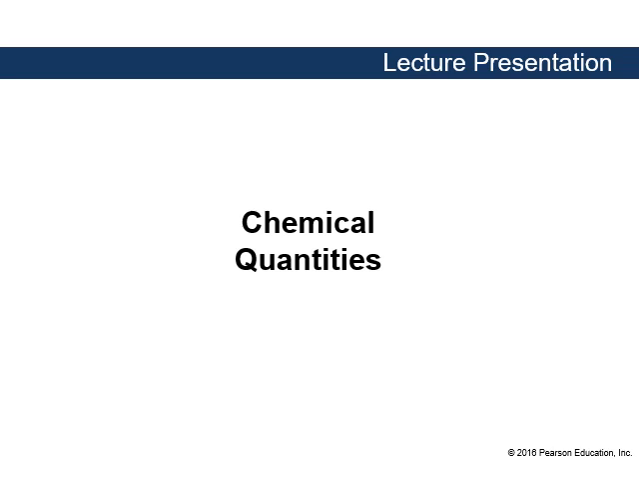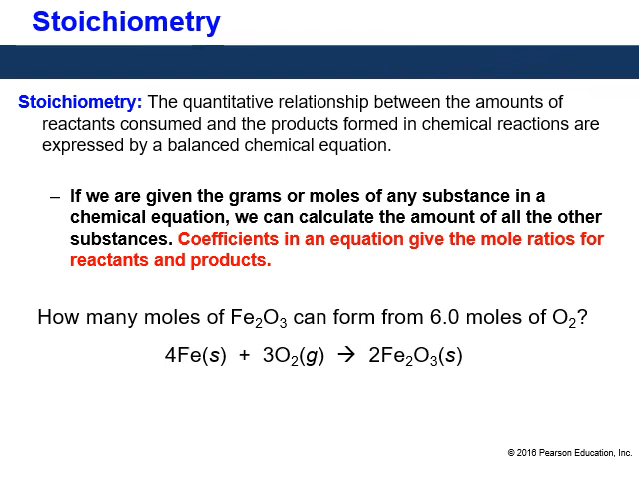Quantities in a reaction, or stoichiometry. So stoichiometry is basically the study where we try to understand a quantitative relationship between reactants and products. For example, if this is a chemical reaction where iron is reacting with oxygen to give us iron oxide, and I ask you how many moles of iron oxide can be formed from 6 moles of oxygen. So we have 6.0 moles of this, and the question is asking how many moles of the other compound can